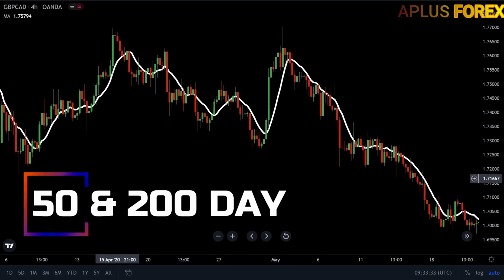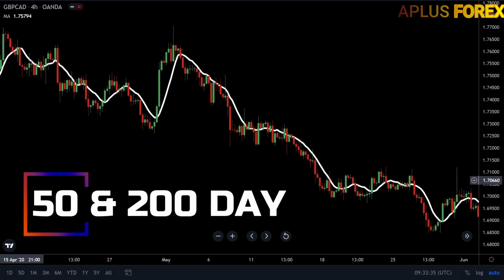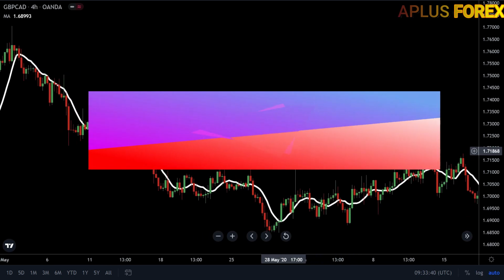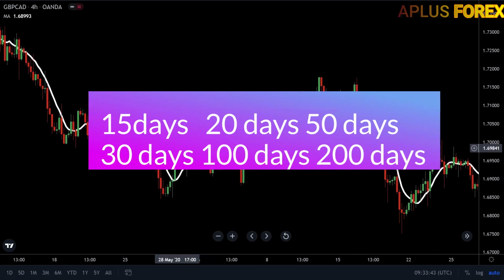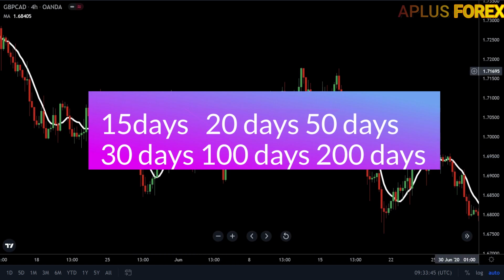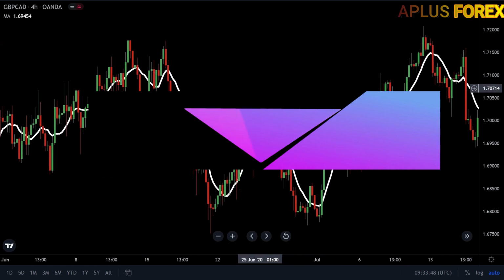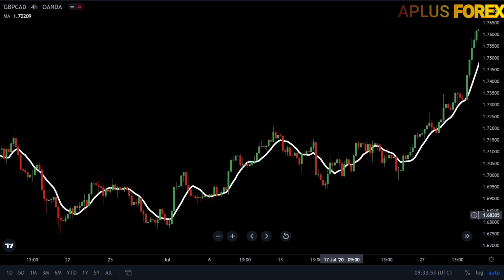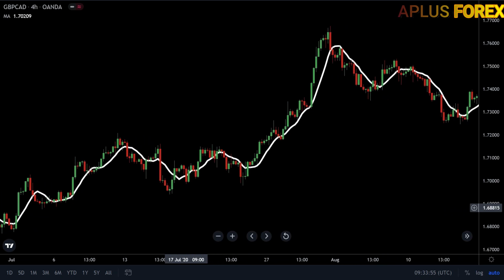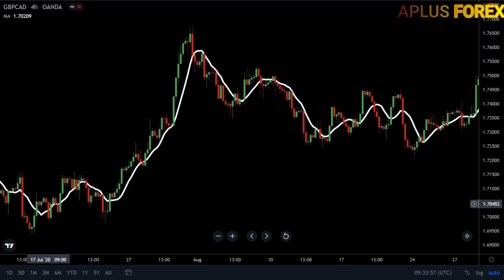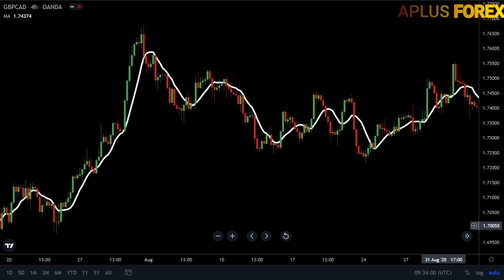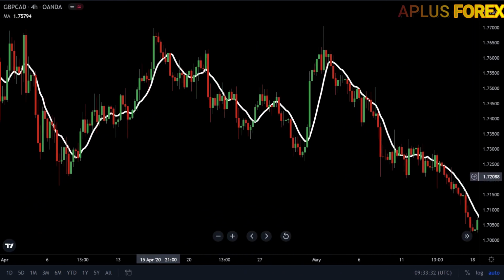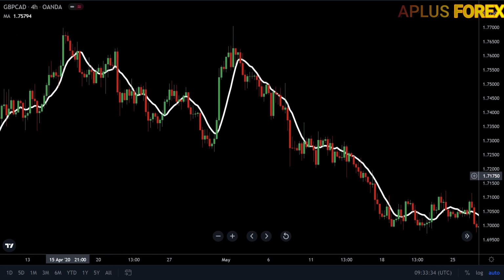The 50-day and 200-day moving averages are widely considered by investors and traders because they have greater trading signals. Moving averages of 20, 15, 50, 30, 100 and 200 days are the most commonly used time periods. The shorter the time period used to create the average, the more sensitive it will be to price changes. The longer the time period, the less sensitive the average will be to price changes. Shorter moving averages are typically used for short-term trading, while longer-term moving averages are more suited for long-term investors.